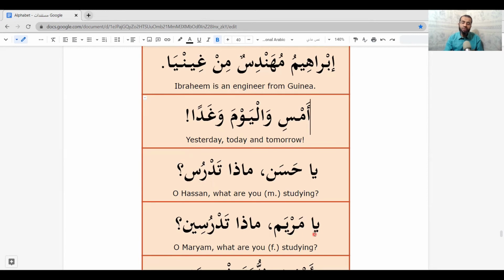But here, when we speak to Maryam, a woman called Maryam, we say, يا مريم ماذا تدرسين? We can put يا حسن and يا مريم at the end. So it will be ماذا تدرس يا حسن؟ And here ماذا تدرسين يا مريم؟